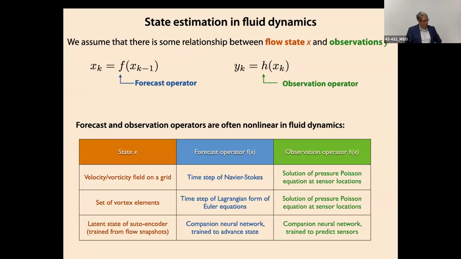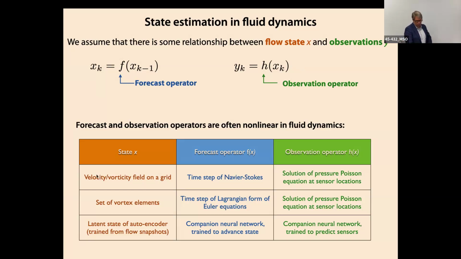Okay, so I'm going to give you a little background on fluid dynamics estimation, or just estimation in general, okay? So we're going to focus on the necessary ingredients of most filtering architectures. One is some forecast operator that forecasts the next states from the previous one, and an observation operator, okay, where basically we take the state and it produces a prediction of what we think the measurement should be. So I provide a table of different examples here of states in fluid dynamics.